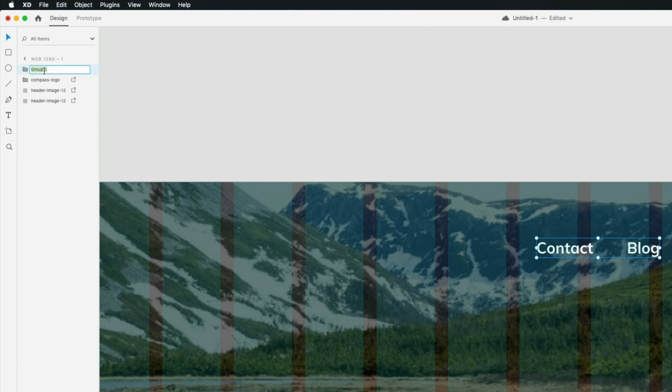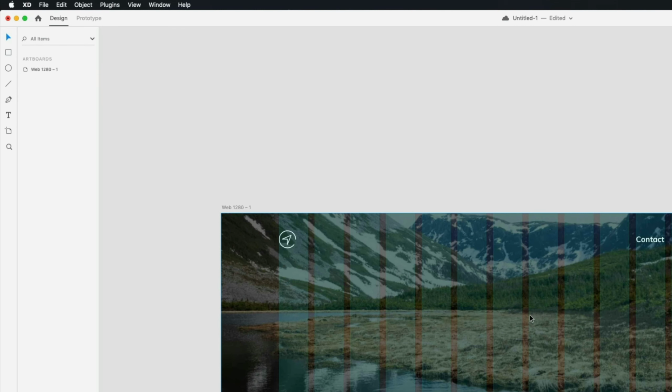Then I'm going to select both of these, Command G to group them, and call that nav links. And I'm going to move this about 40 pixels from the top, and I want this one to be right aligned to the rightmost column here. And then let's go ahead and set that about 40 pixels. And then let's align this one to the links. Then with that selected, I'm going to select them, Command G, and just call this whole thing